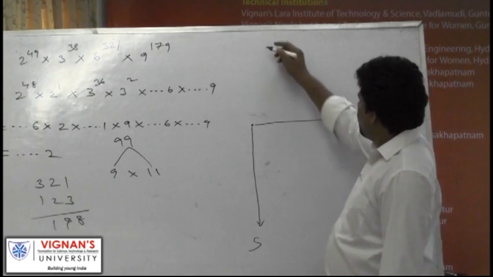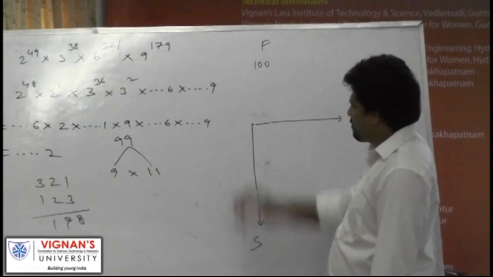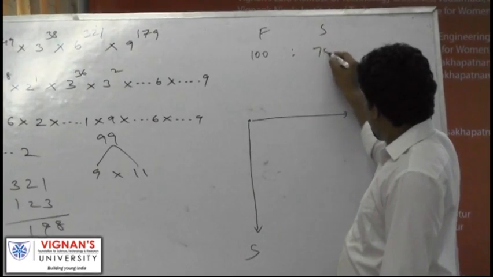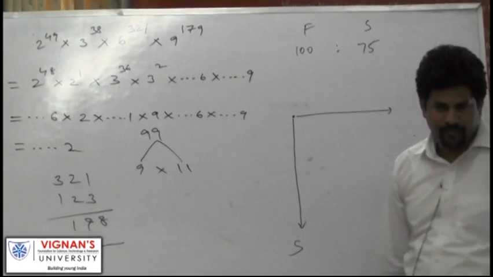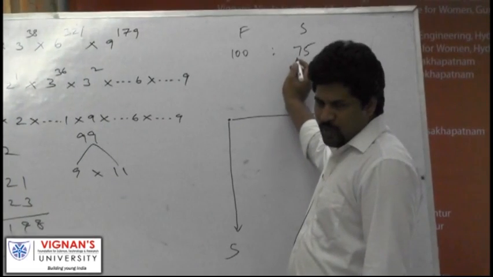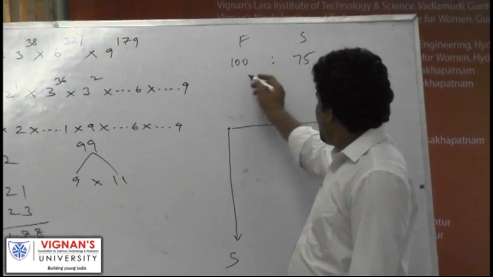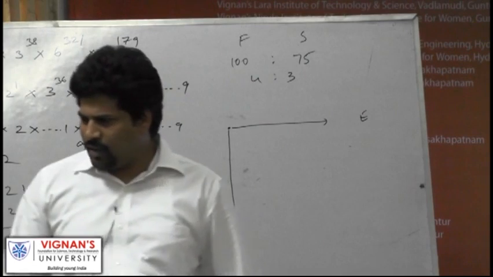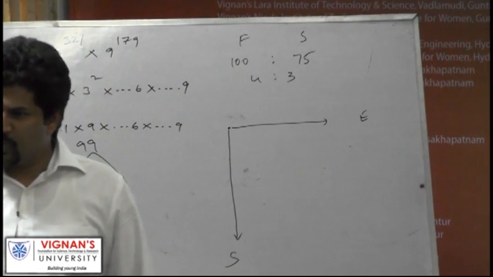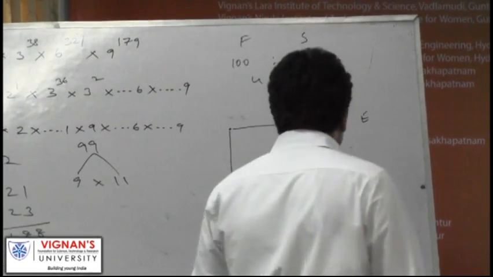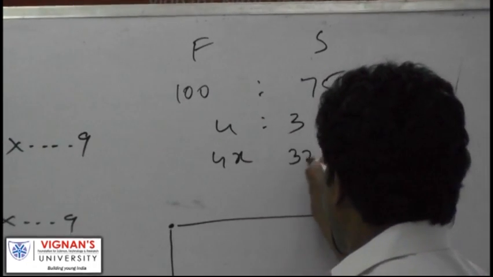Suppose the faster is swimming at 100 kilometers per hour, and the slower is swimming only at 75% of this. It means the speeds ratio is exactly 4:3. If one is swimming at 100, the other one is swimming at 75. So, suppose the speed of the faster one is 4x, then the speed of the slower one is 3x